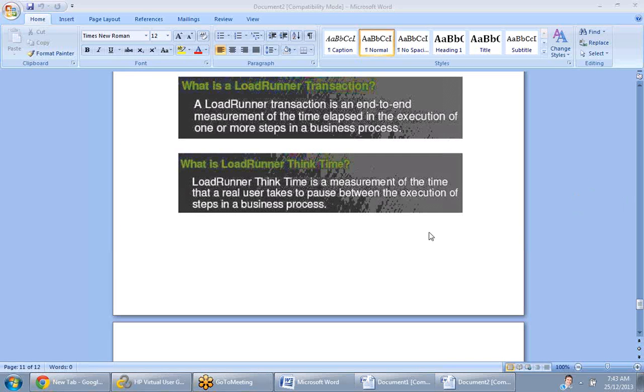Think time is nothing but, to give you an example, you have opened the IRCTC page. You just opened it and you have entered your username, and then suddenly you got a call from somebody and you are picking the call and then you are speaking. Then after that what you will do? Again you will continue with your work. This is what normally happens in a real-time scenario. Am I correct? Yes, ma'am.